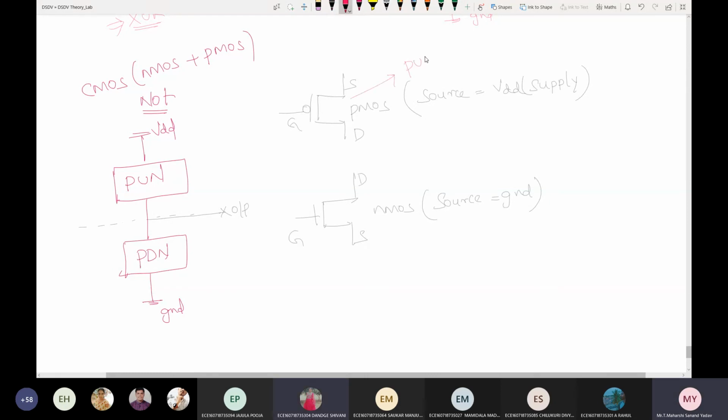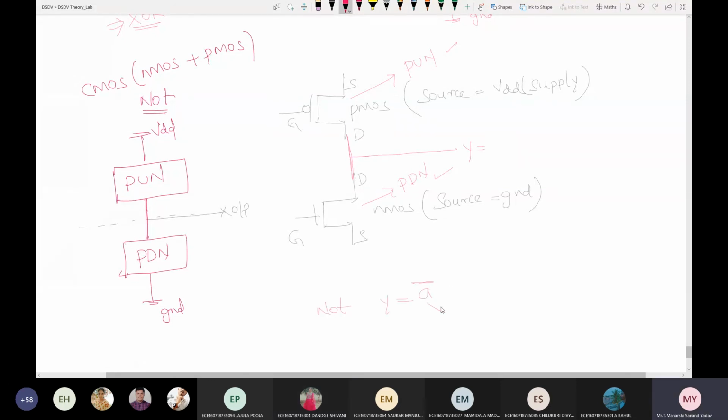Yes, sir. I'm calling this one the pull up network, and this one the pull down network. Now see this diagram: pull up and pull down are connected by a line. The line separating the pull up network and the pull down network is where you take the output. So here what is the output? For a NOT gate, Y is equal to A bar.